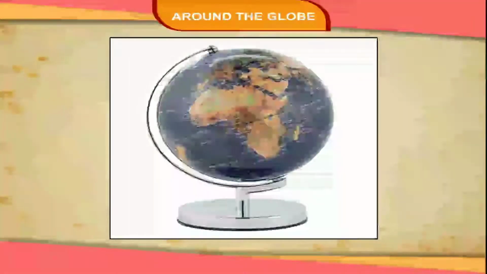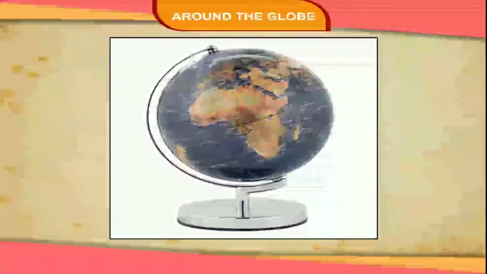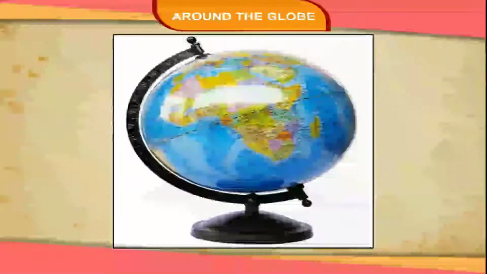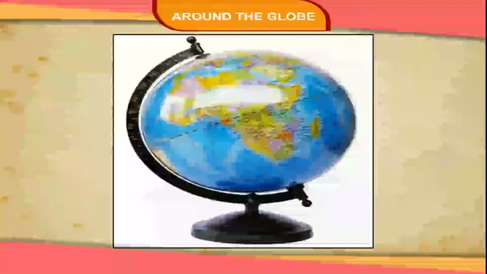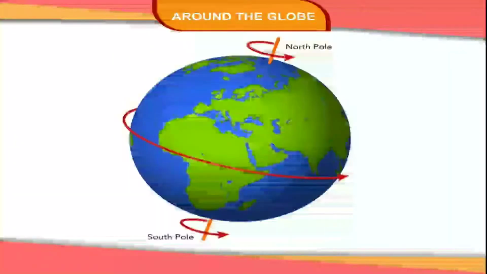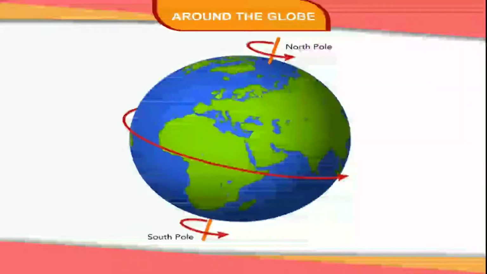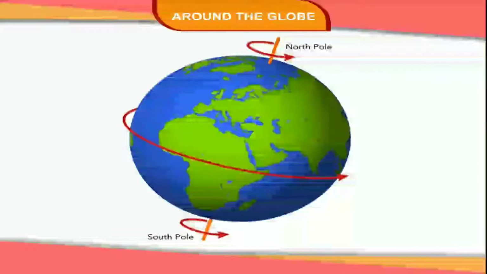on the globe. We can see only half of it at a time. The other half can be seen by rotating the globe around a rod that passes through two extreme points. This rod represents the Earth's axis and the extreme points represent the Earth's poles. The point at the top of the globe is called the North Pole and the point at the bottom is